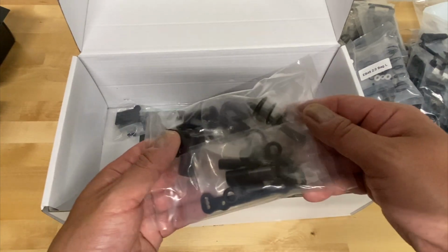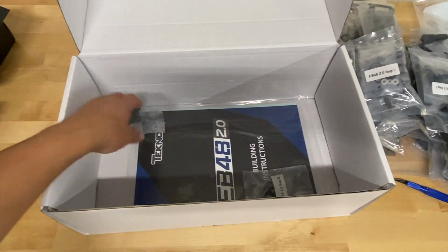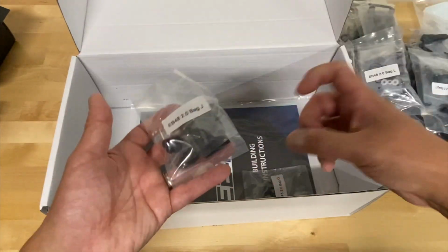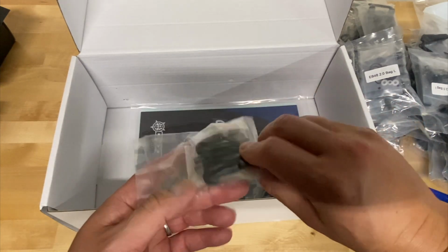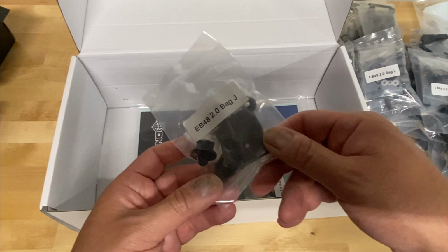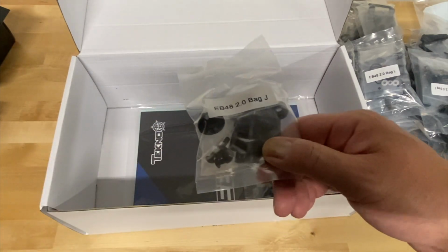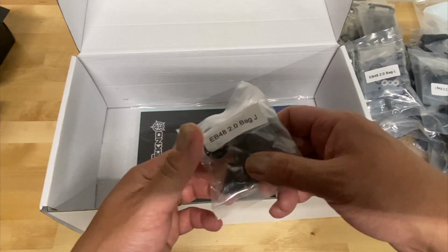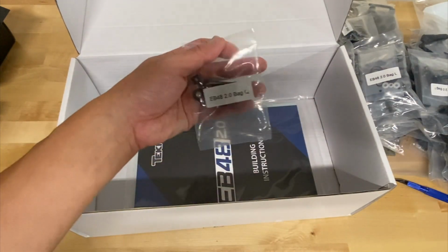Aluminum. I don't know what you call these. But basically, the thing that the bell cranks mount onto. This looks like a top plate. Very similar design to previous Teknos I've had. Body mounts there. Hopefully, yeah, I guess you would need body mounts on 8th scale. I don't think people use Velcro to attach their body. And the last